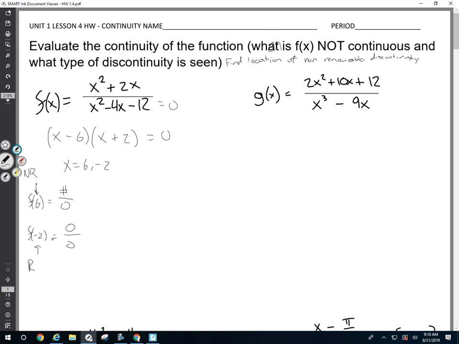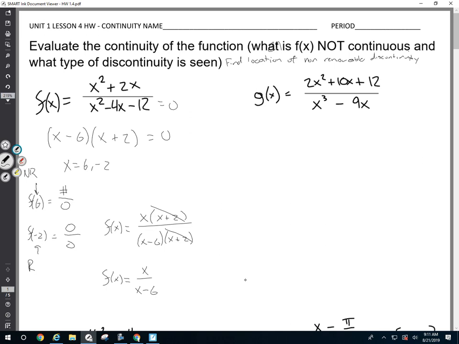Okay? Now, let's find the location of the removable discontinuity. What we need to do is factor and remove the preventative part that doesn't allow me to plug in -2. This gets removed. I get a simpler function. It's different. It's going to be the same as the original function for all points except for at one location